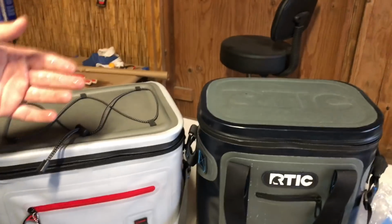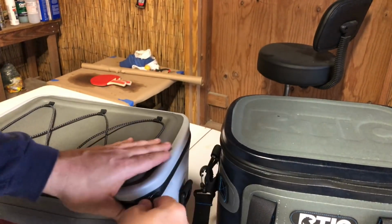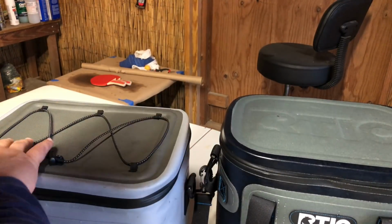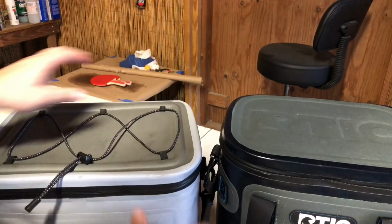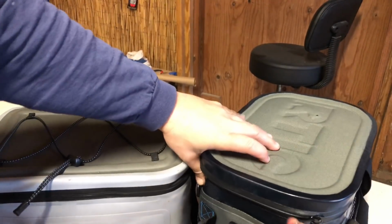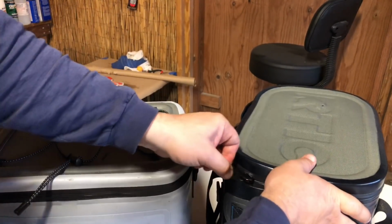I'm going to keep these in my garage, which, it's wintertime. It's pretty cold out here. Probably 60 degrees, 50 degrees. I mean, we're still in the South. But it's about 50 degrees in here. I'm going to zip both of these up. By the way, too, the zipper, I will say, pulls a lot easier on the Arctic,